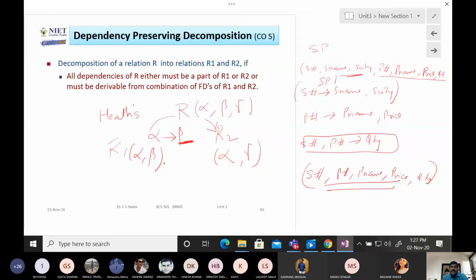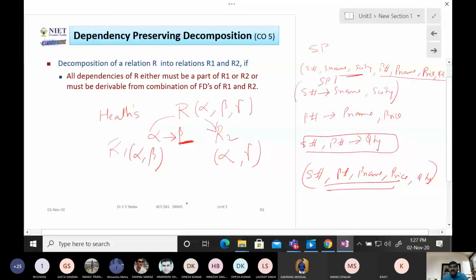In second normal form, there should not be any partial dependency, or all the non-key attributes are fully functionally dependent on the candidate key. In third normal form, there should not be any transitive dependency, and all the non-key attributes are non-transitively dependent on the candidate key. And in BCNF, every determinant should be a candidate key. In this way, you can identify whether R is in BCNF or not.